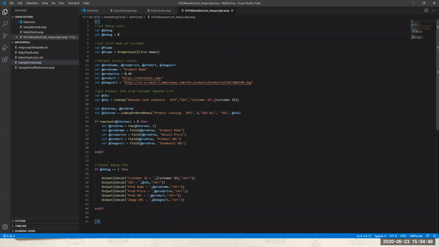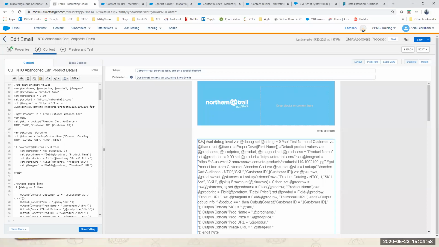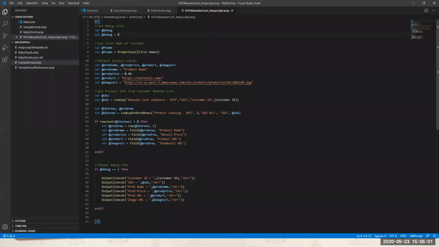So when you're trying to build a scenario like this, when I want to go and add that, don't do everything in one shot. Don't write all the code, all the logic you can think of, and copy paste it. The problem is, if there is a mistake somewhere, it's very hard for you to debug. Start slowly. You will probably start first with the first name. Maybe just this one you will set. Then you will test it out and preview it. Then I will set a debug statement and keep it ready, so if I want to output something, I can output it.